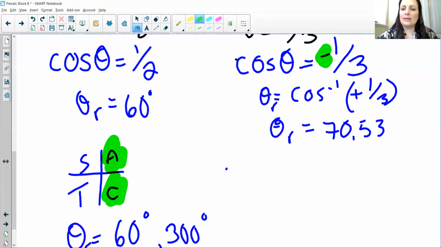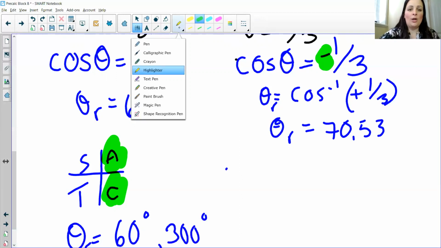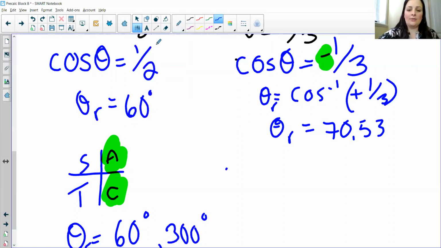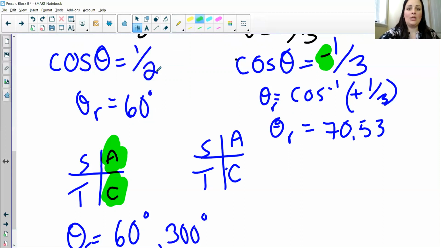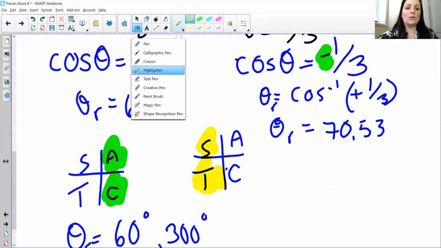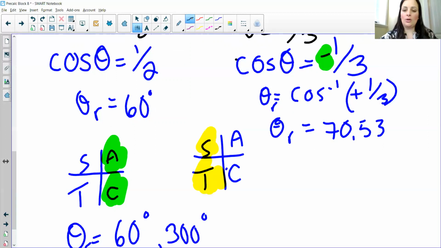Okay. But the actual cos theta ratio was negative. So cos is negative where it's not positive. We already know where it's positive. I already highlighted that in green. So where it's negative is where it's not positive. It's negative in the second and third quadrant. So to get the actual angle, the standard angle in the second quadrant, you're going to take 180 degrees and subtract the reference angle, and you're going to get